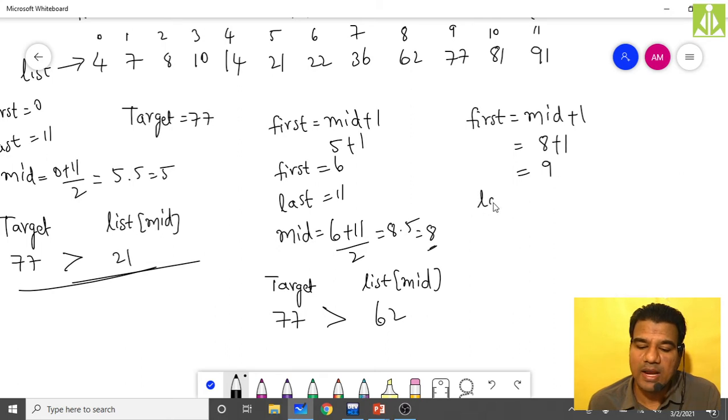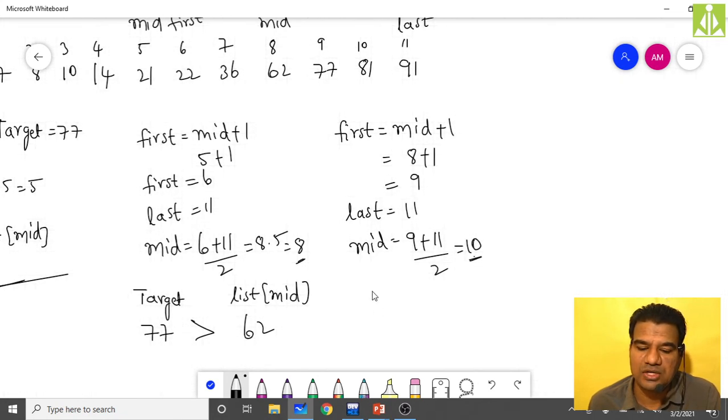Okay, now my last we have not changed, so take as it is, 11 only, and calculate the new mid. Mid equals to first plus last divided by 2. So what is first? 9. 9 plus last is 11. 11 divide with 2. This is 20. 20 divide with 2, you will get 10. So my mid value is 10. So again, after getting the mid value, what we have to do?